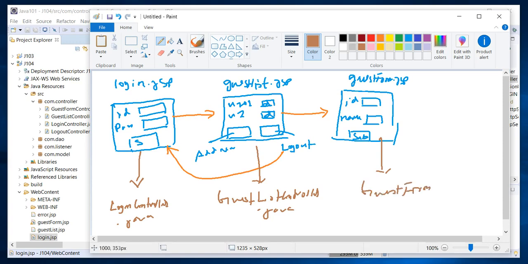GuestForm will be coming with a GuestFormController.java, and logout will be coming with a LogoutController.java. Okay, now the purpose of this mapping is very important because we are